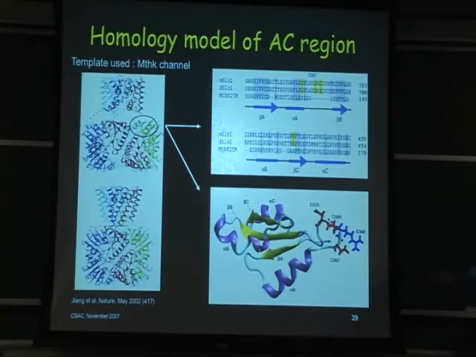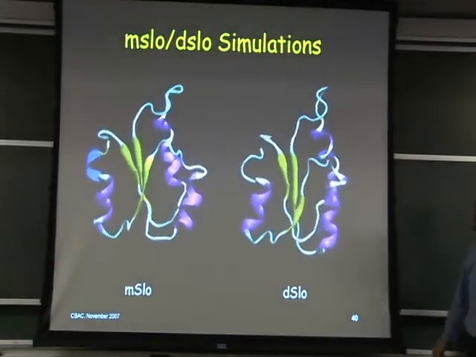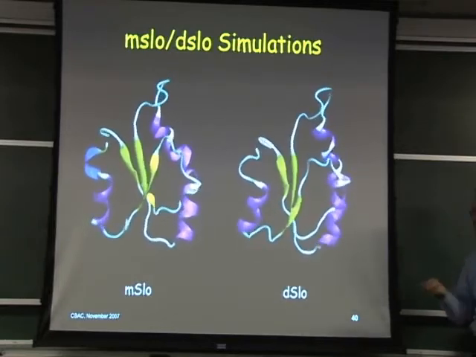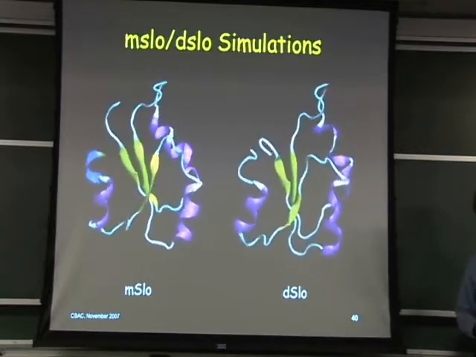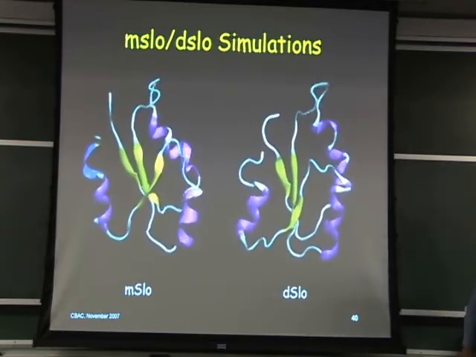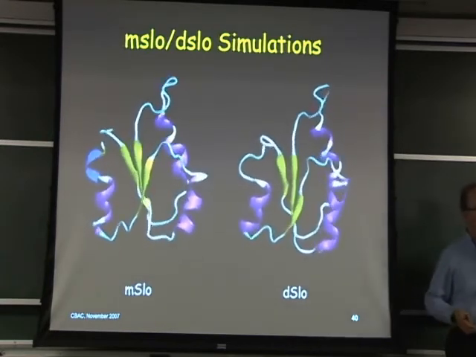Okay, so here's our RCK domain, and we've got the secondary structures labeled here. We've got beta A, alpha A, through the DRDD loop, beta B, alpha B, and then through beta C and alpha C. Okay, so we've got this alternating beta-alpha structure. Okay, we go through, we take care of all the details which I told you about, and we perform these simulations for both the mouse channel, for Slo, as well as the Drosophila channel. These are our first point of comparison. These are the actual trajectories that you get. Okay? They're very pretty.